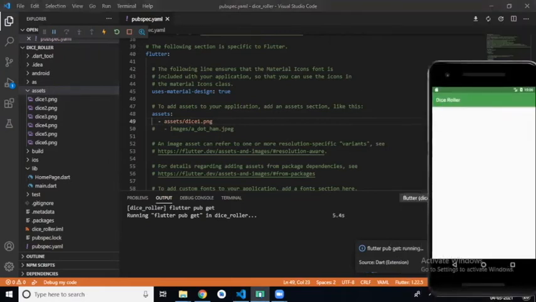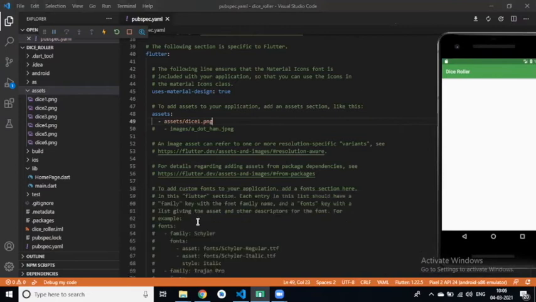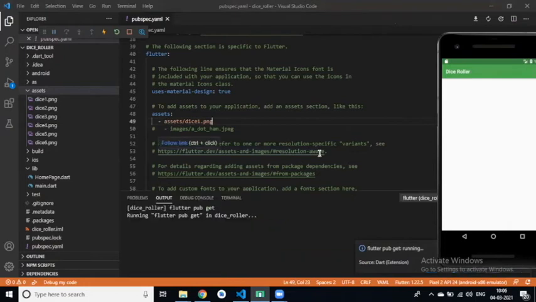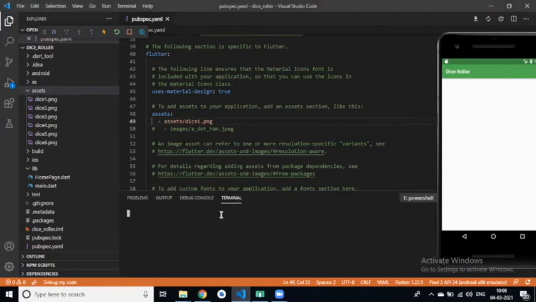After that, VS Code automatically runs the command flutter pub get. If you change anything in your pubspec.yml file, even a single space, then you have to run the command flutter pub get. But because we have already added the Flutter extension in our VS Code, VS Code automatically runs this command.